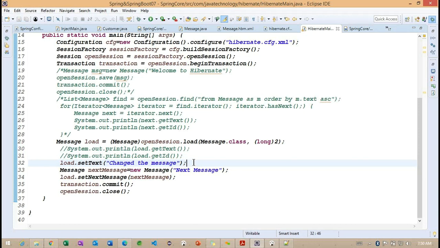Okay, basically first we need to see the insert, but we are getting an update. Why are we getting update?